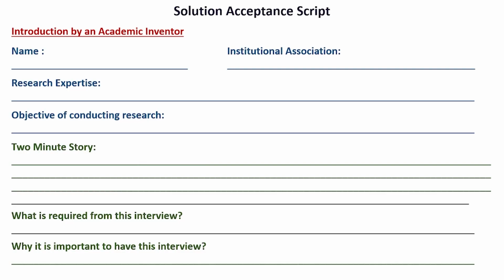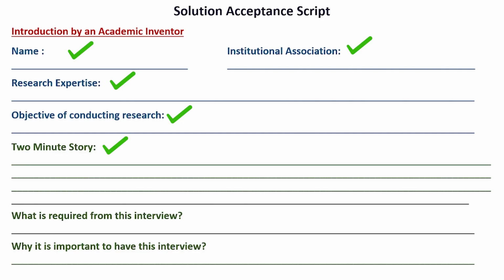So this is the first section of the solution acceptance script. Now you can see this solution acceptance script is divided into different sections. And the very first thing you need to do is of course to introduce yourself as an academic inventor to your end user. So how can you introduce yourself? Of course by telling them your name, the institutional association, research expertise, objective of conducting your research, then followed up